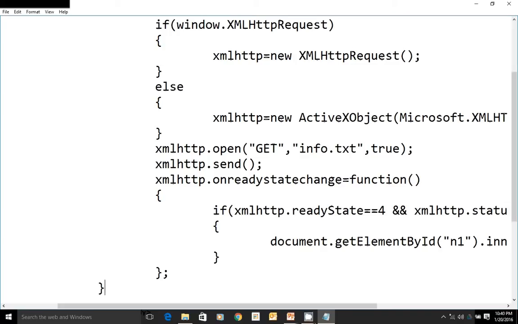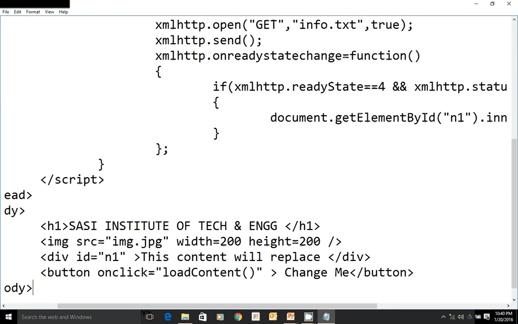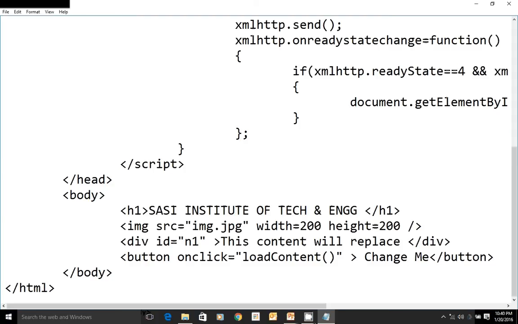We are just replacing that text, the text which is there in info.txt, into the n1 div tag. In n1 what do we have? This content will be replaced.